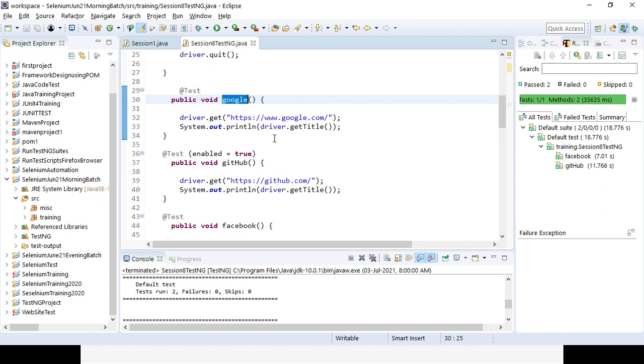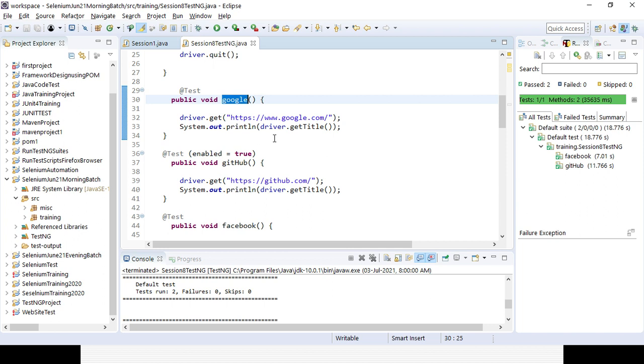Otherwise, sometimes you have written all the code, but your test case can fail. Suppose you have written test cases for multiple pages: one is the login page, one is searching a product, one is booking the product, one is payment, and one is quitting.